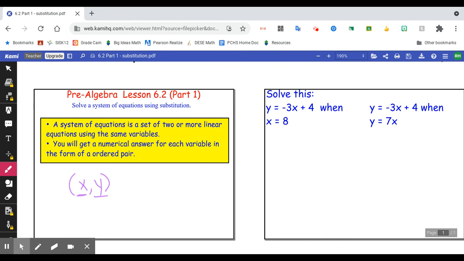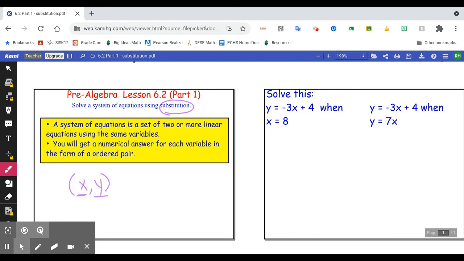This is called substitution, okay? So substitution literally means when you take something out and put something else in its place, just like a substitute teacher would take the place of a regular teacher for the day. So we're going to plug things in, get our answers, and then we're going to have to turn around and make sure we have the other set for x and y, okay? So first thing,